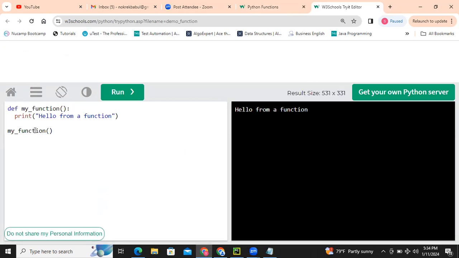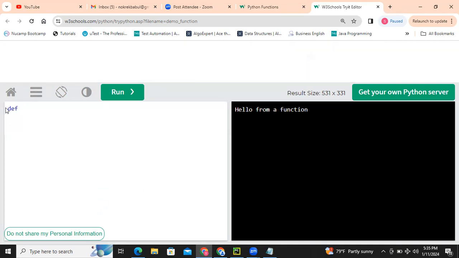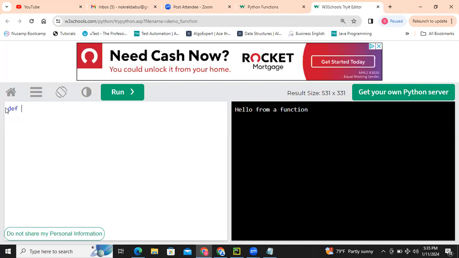Okay. So a function starts with the keyword def, DEF. Okay. The name of the function can be anything. It can be run. Then a colon, not a semicolon. It will be a colon. Just press enter.